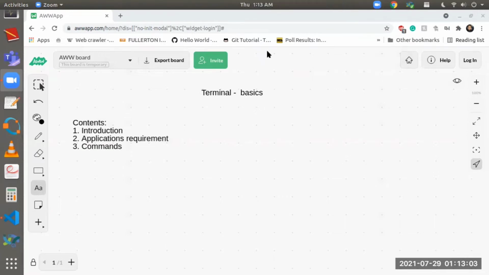We'll start our lecture from terminal basics. Now, before starting the lecture, I would like to tell you guys something about myself. My name is Jasif Mahmood and I'm a researcher at IIIT Hyderabad and I'm a mathematician. My area of work is AI, ML, deep learning and stuff. I'll be your instructor for this foundation week and Python and then core computer science like data structure and algorithms. So let's start our lecture with a little introduction about the terminal.